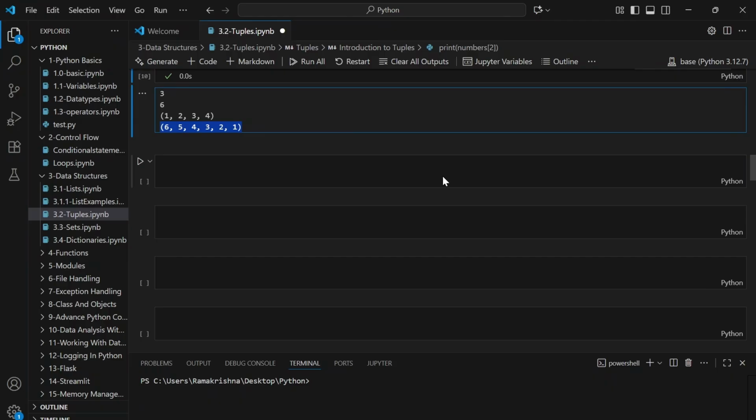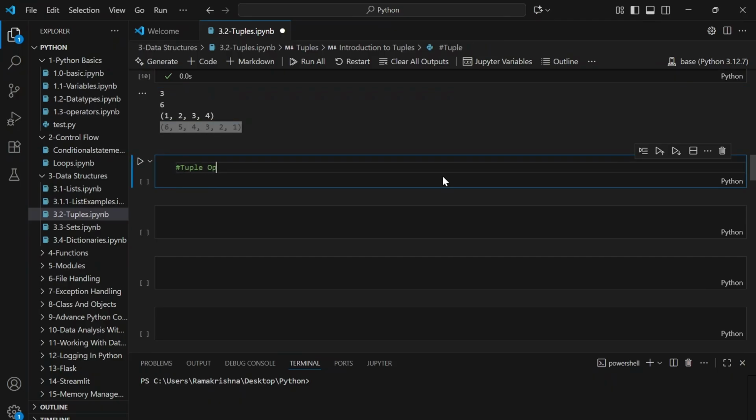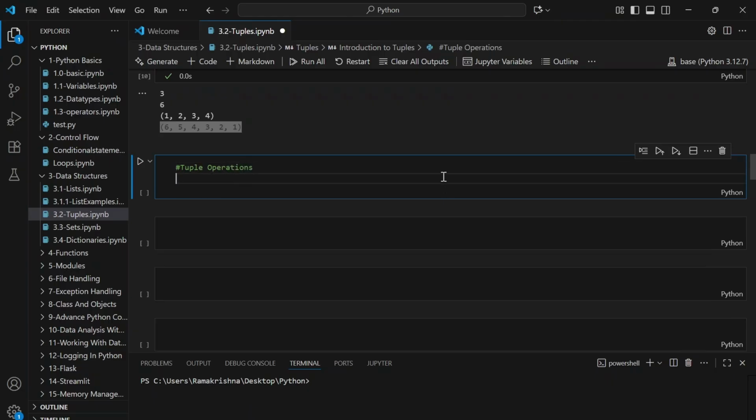Let's go ahead and see some tuple operations now. Okay, so tuples support various operations like concatenation, repetition, and slicing. We are going to discuss one after the other now. So first, let's go ahead and check